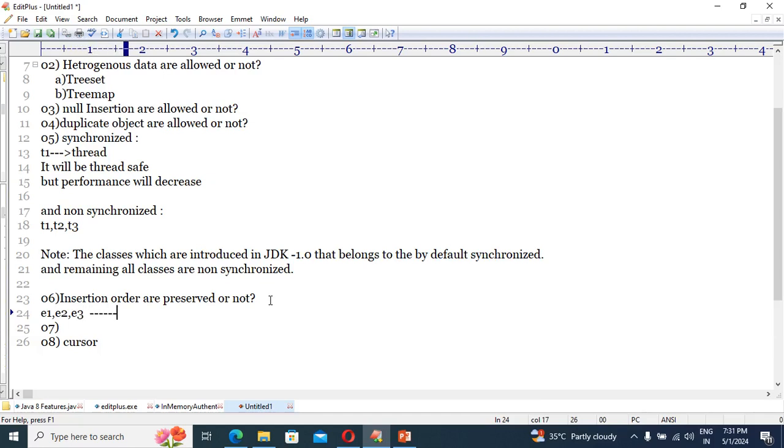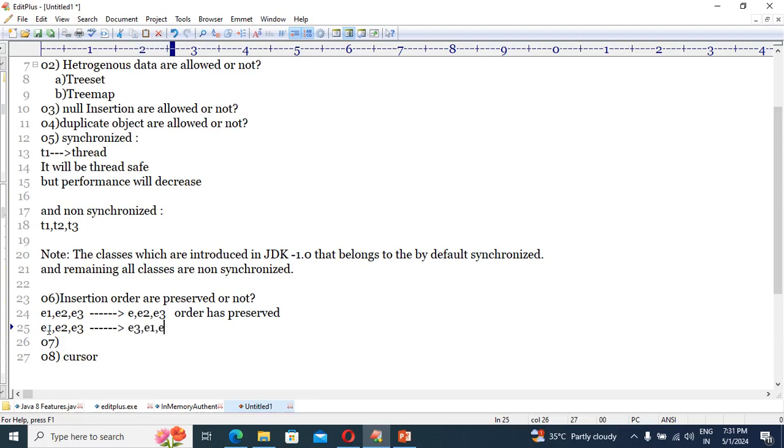If you are going to insert in that order, and in the same order you get the output as well, E1, E2, E3, then guys, the order has been preserved. Suppose you insert the data in that fashion, E1, E2, E3, but you get the output as